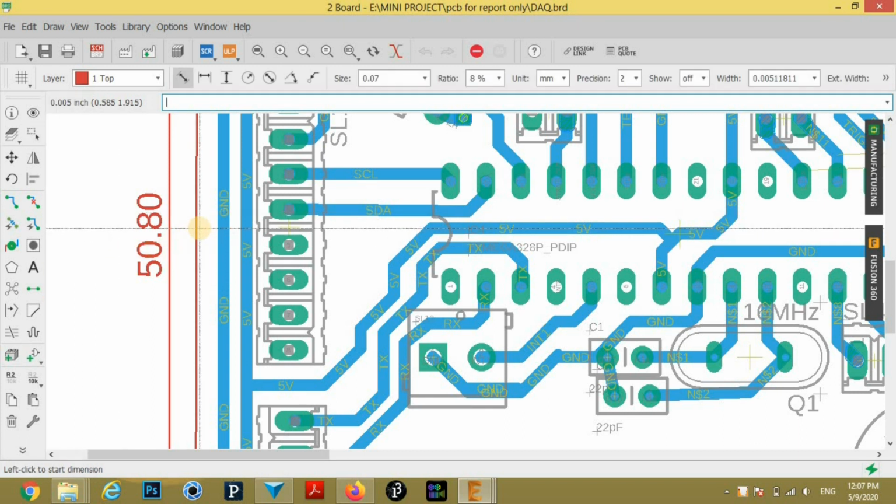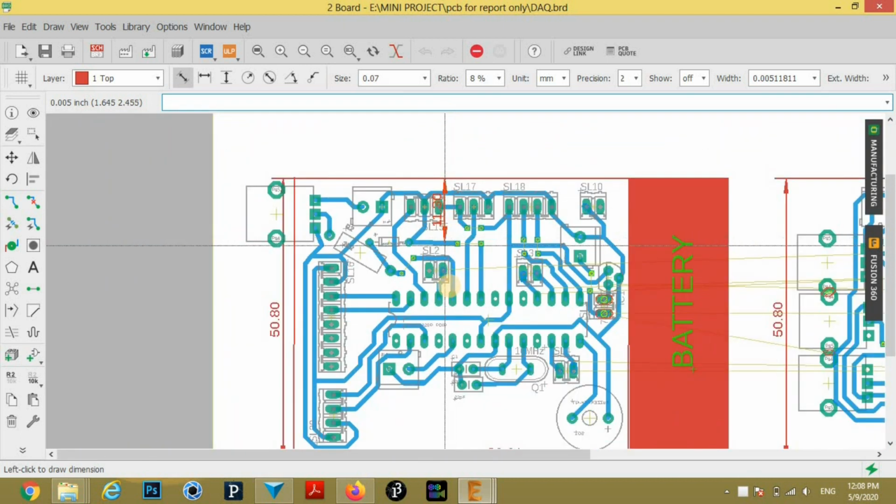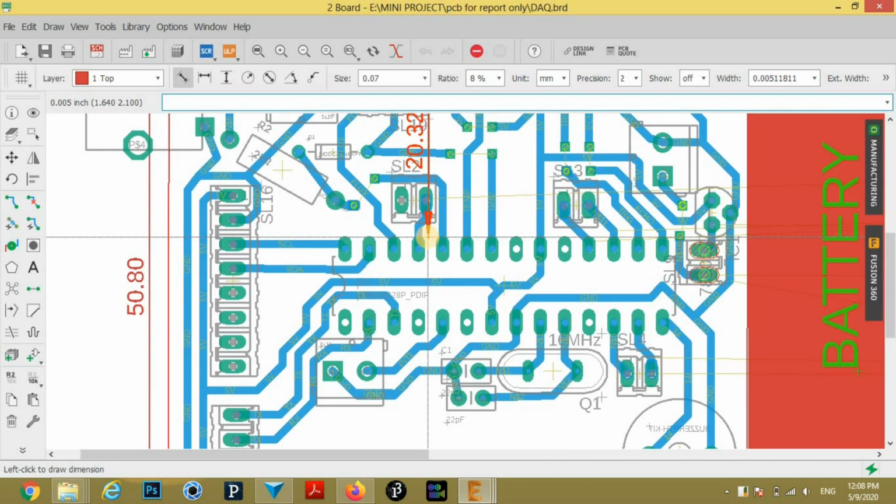Then find distance of IC from left edge. It's nearly 17 mm. Now we want to find distance of IC from top edge. It is nearly 20 mm.